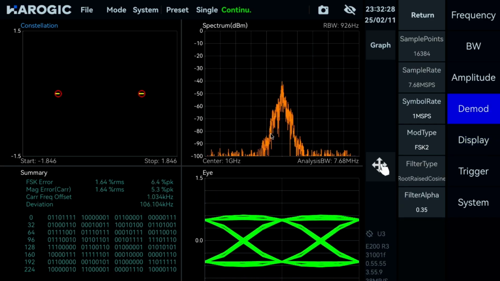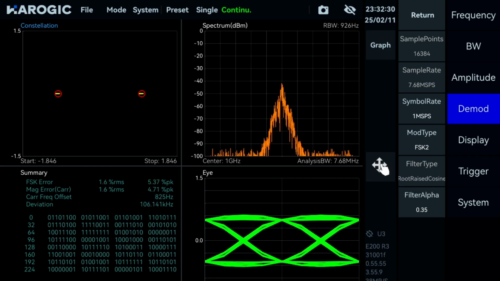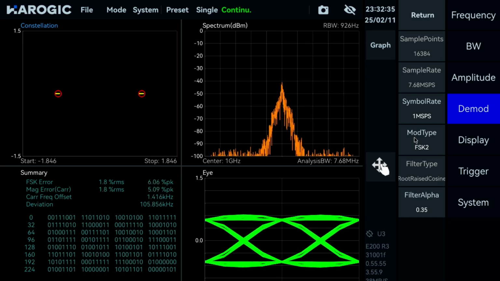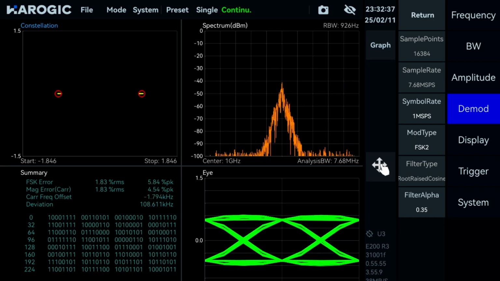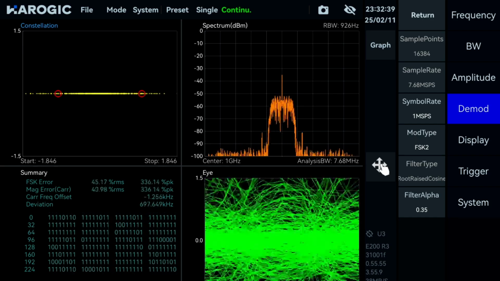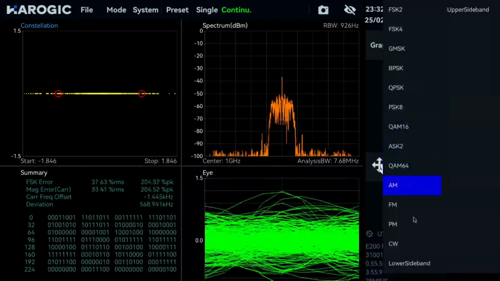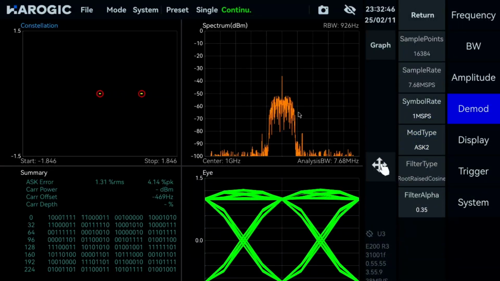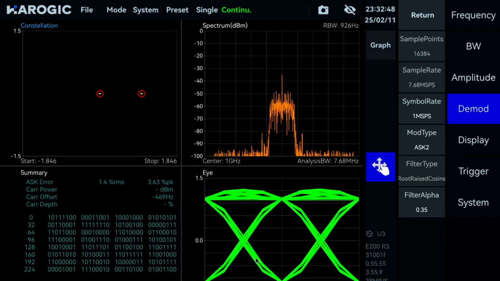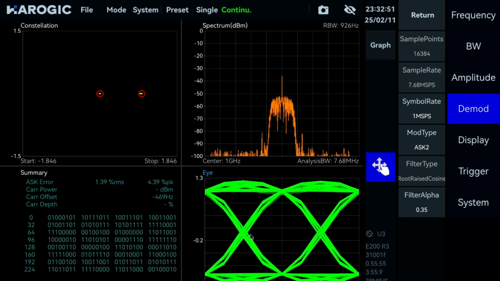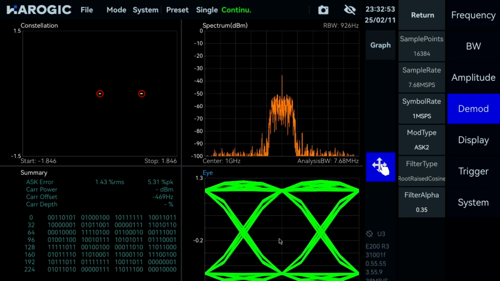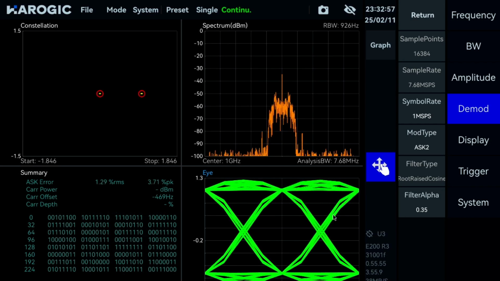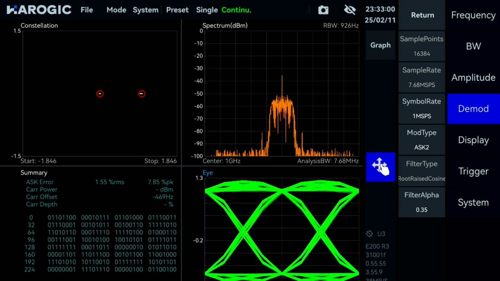We can perform the same test with a 2FSK signal like that. For example, just using the mode type. I can also just use a 2FSK here. Wait a second. 2FSK signal like that, and precise it in the mode type like that. So here's the shape. I would probably just bring up also the eye like that, so you may see that completely. And there are many things that you can do. And if, for example, I want to look at,